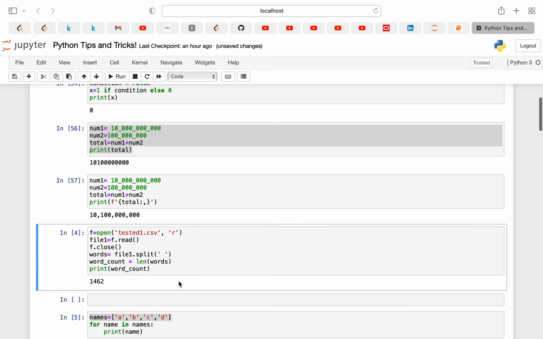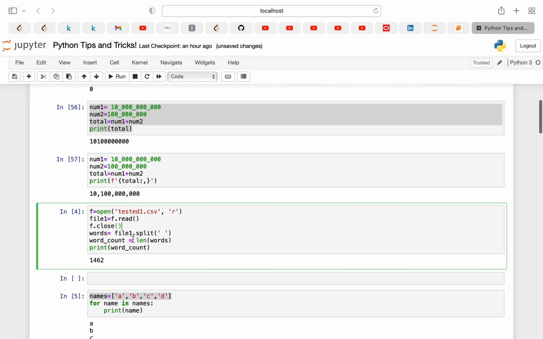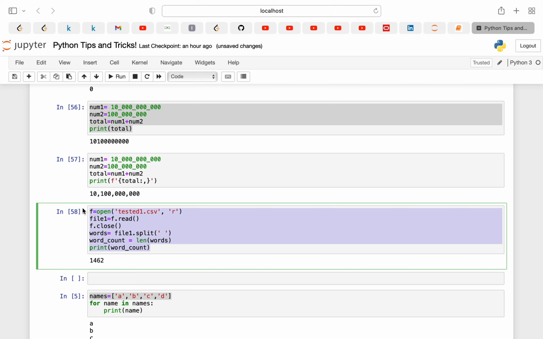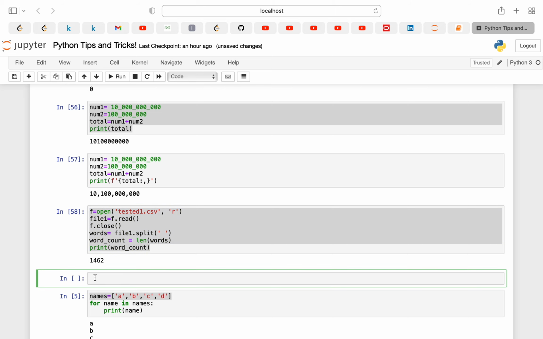Suppose you're working with files. When you're opening a file and reading some content and performing certain operations, if you open with this syntax, f is equal to open file tested1.csv, and you're reading it, you need to close that file after performing certain operations. But you can do the same operation with one simple statement.